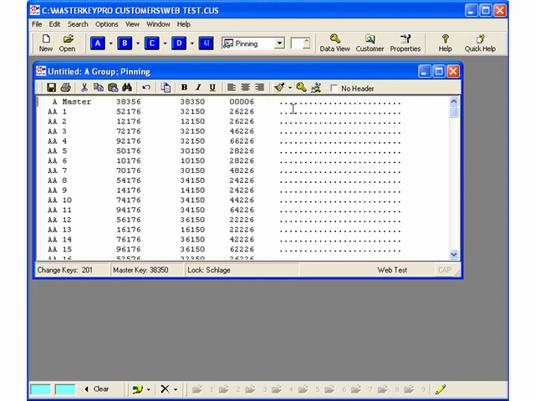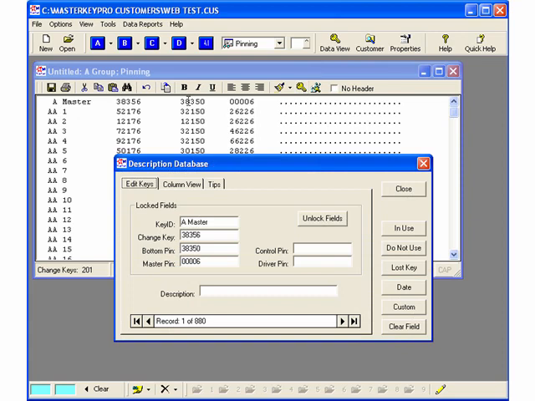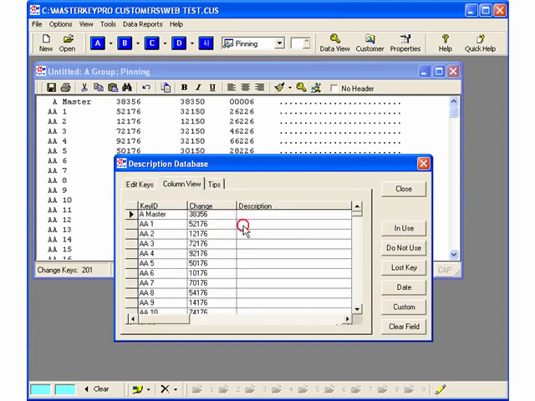I'll show you some of the reports here in just a minute, but first let me jump over here to the description database, and I want to enter some descriptions so you can see how they'll fit in. To do that, I'll click the description database button and click the column view, and I'll put my cursor in the first key description field, and I'll type Rick's